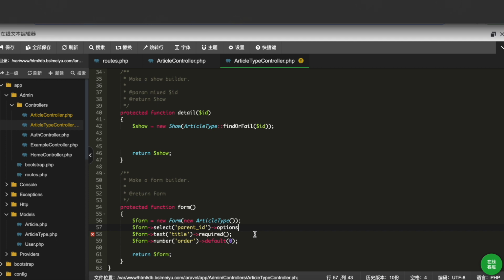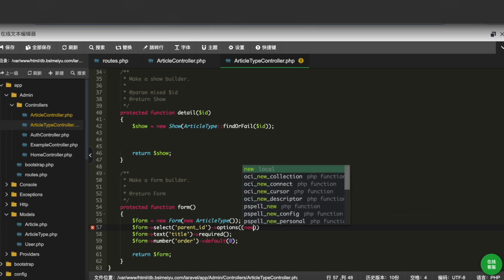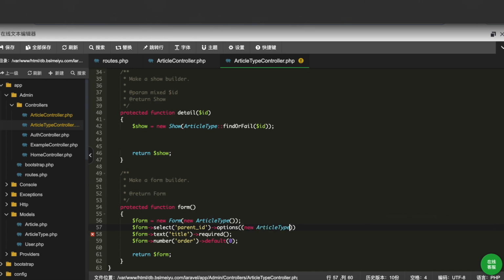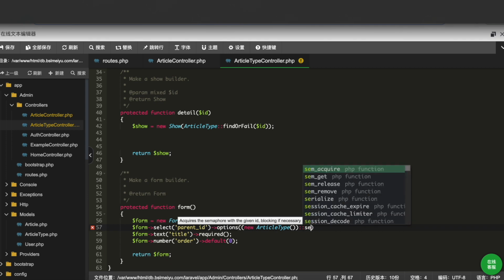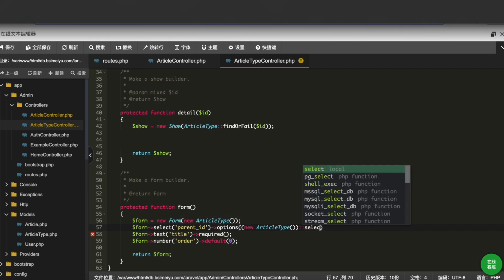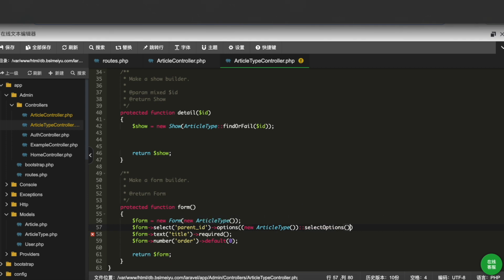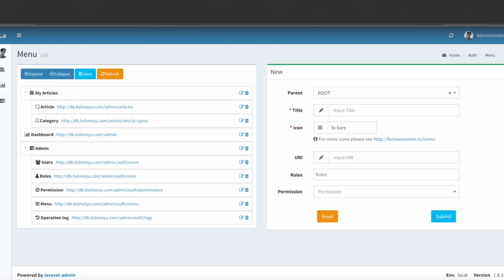Now over here, it takes a model. Our model is article type. Based on whatever items are in our article type, we'll show them as options. So here we'll do select options. And that's done. Now come over here, save it, and come to our article category and